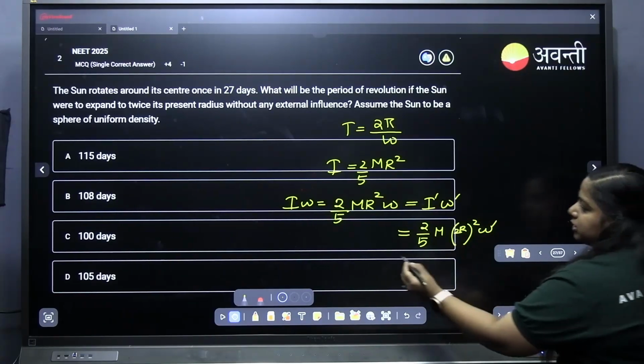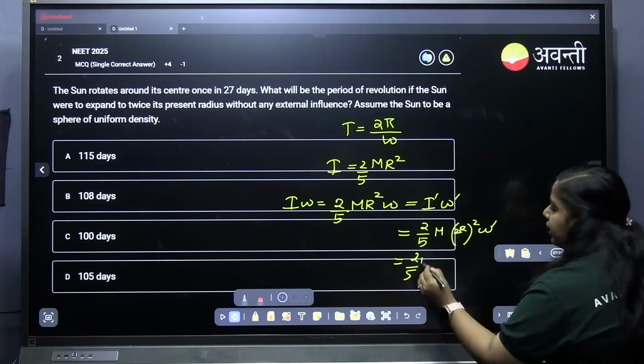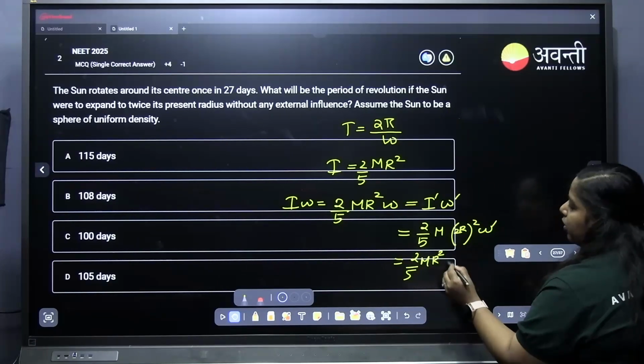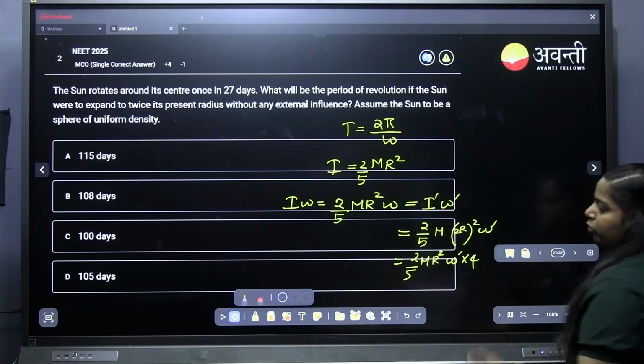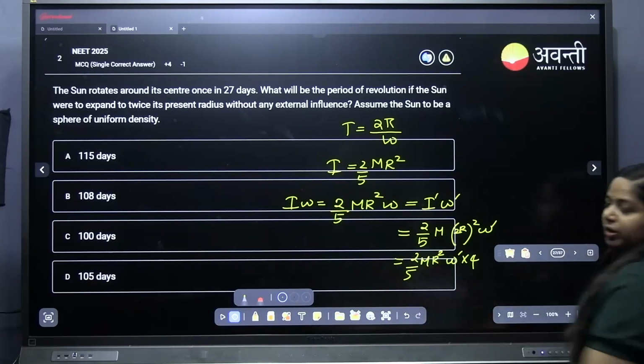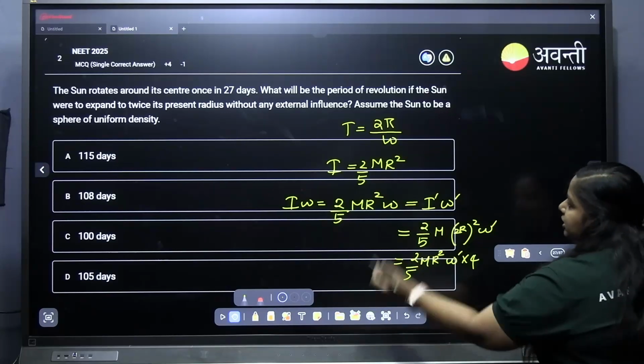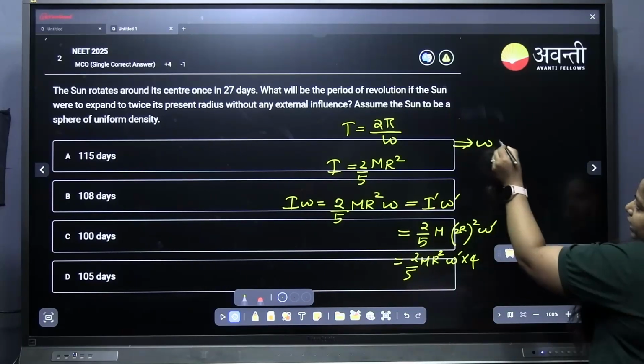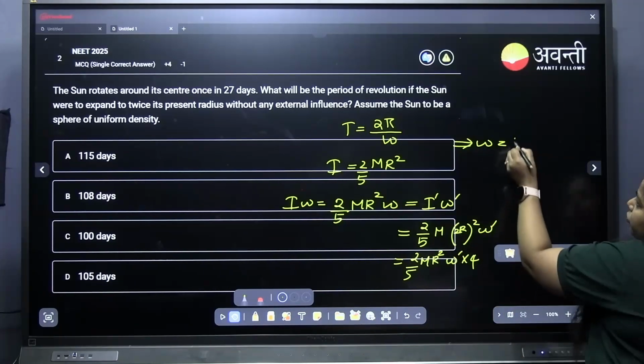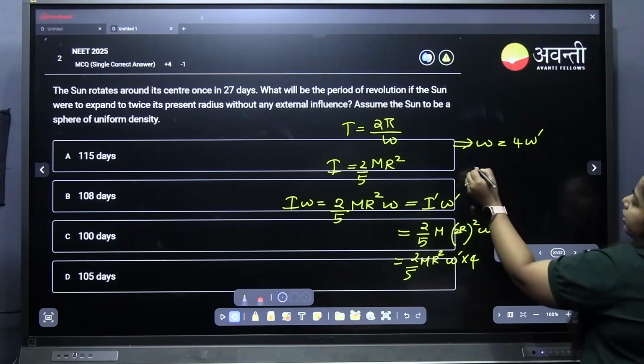Okay, so this is 2 by 5 m r square omega dash into 4. So 2 by 5 m r square we can cancel on both sides. From this you will get that omega equal to 4 omega dash,